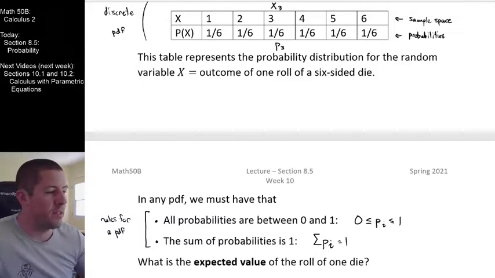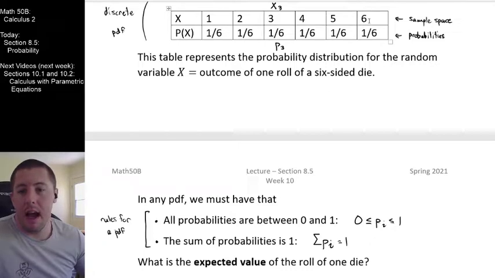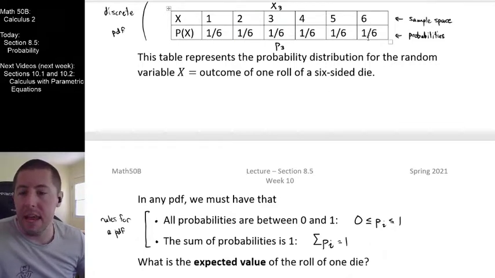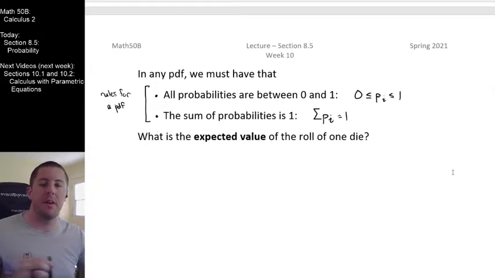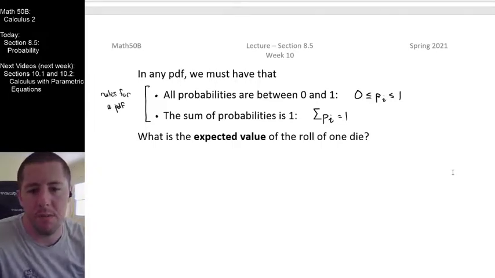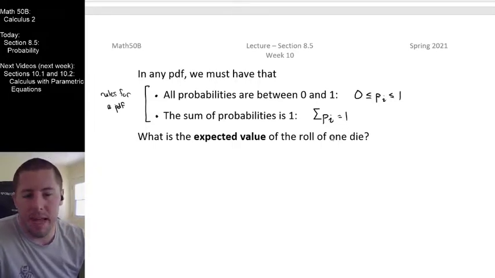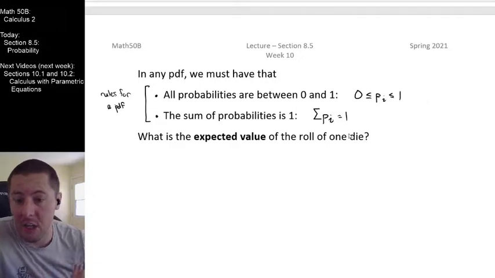So here's what I want to do instead. What you should recognize is that things like 6 have a higher value than things like 1, despite the fact that they have the same occurrence of outcome, 1/6 of the time. The difficulty is it's hard for me to say what you expect to happen with one roll of the die, although that is our goal to answer right now.